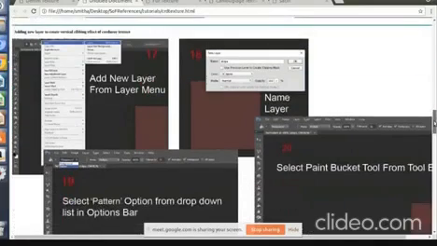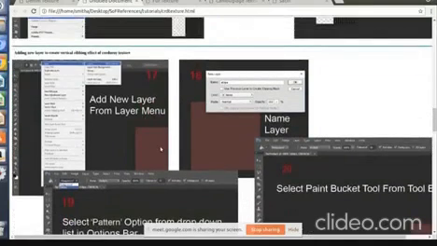Now come back to your main file, which has this burgundy color filled inside it, right? Select that file and open it. Sometimes when you're working in a new file, the canvases that you created initially get minimized.